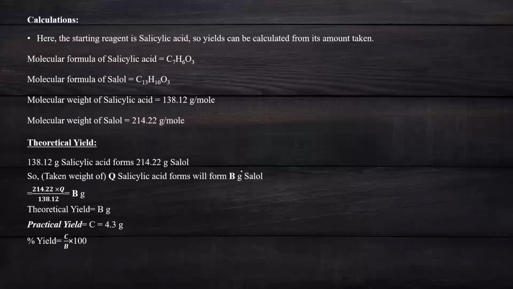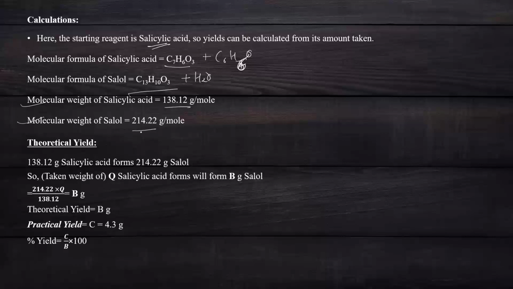So we will switch here to some calculation section because it is very important as well. In the calculation section, the starting material is salicylic acid for that reaction. The molecular formula is C7H6O3 as we discussed previously, and the molecular formula of Salol is C13H10O2 because here also we get a water molecule. And here we have used this phenol. So everything is fine here, but then we have to take a look at the molecular weight of salicylic acid, 138 gram, and the molecular weight of Salol is 214.22.